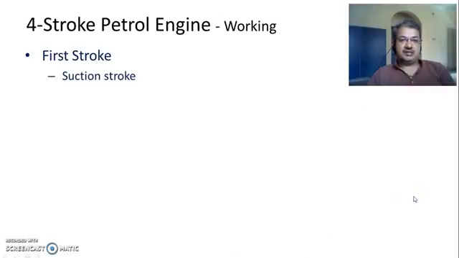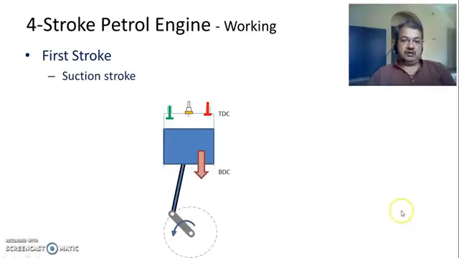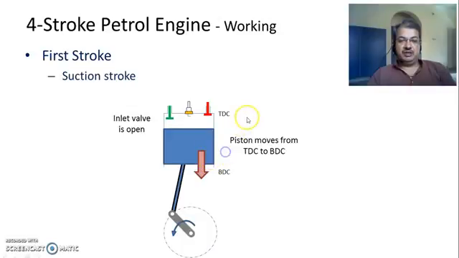The first stroke is called the suction stroke, wherein the inlet valve is open. At the beginning of the stroke, the piston is moving from top dead center to bottom dead center, from top to bottom. When the piston is moving from one end to the other end, the concept here is similar to what we see in a syringe. When we move the piston in a syringe from one end to the other end, it draws fluid into the syringe. In a similar way,